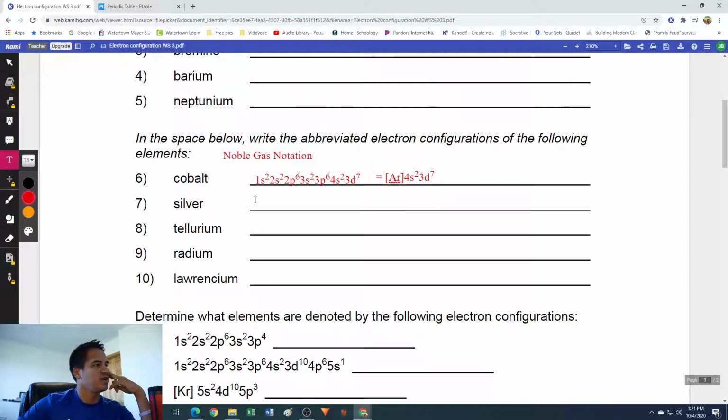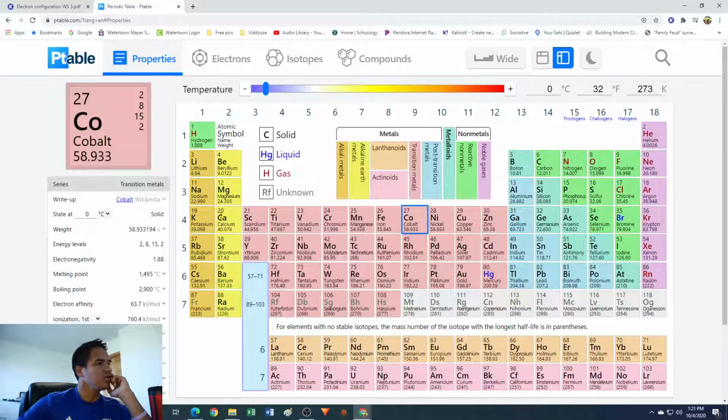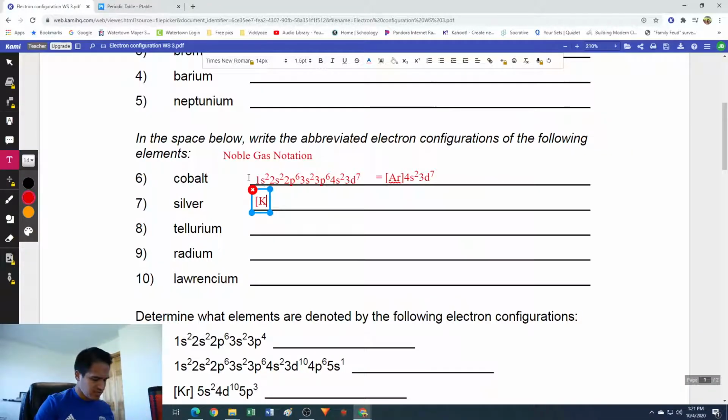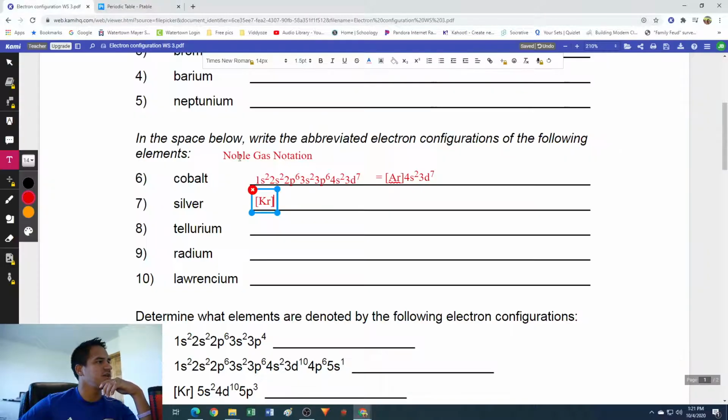So let's take a look at silver. This time, we're just going to write it from shorthand right away. We won't write the whole thing out. Silver on the periodic table is right here. So we backtrack. The first noble gas we hit is krypton, Kr. So we're going to put Kr in brackets. Then we start in this row with silver. So this will be 5s2 for rubidium and strontium. And then silver is 1, 2, 3, 4, 5, 6, 7, 8, 9 elements into the d block. So we're going to have 5s2,